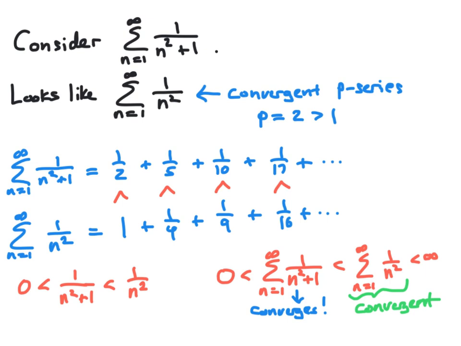Now, one important aspect here is that we do not know what it converges to. In fact, we do not even know what the sum 1 over n squared converges to. We just know that it does indeed converge to some number. And if we knew that number, this argument would tell us that 1 over n squared plus 1 would converge to a smaller number. But since we don't know anything about the values of the series, the most that we can say based on this calculation is that the sum n equal 1 to infinity of 1 over n squared plus 1